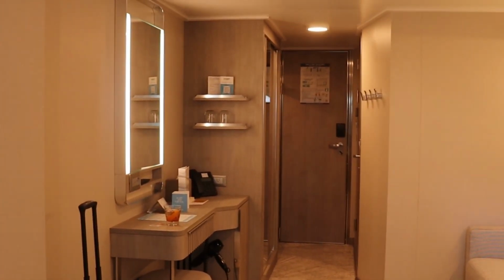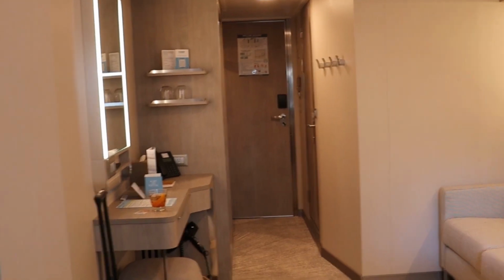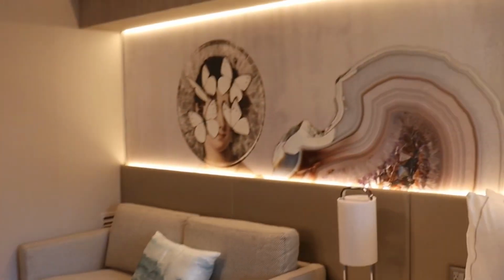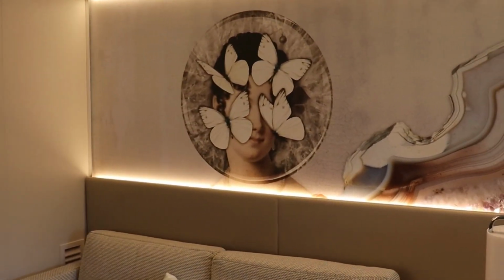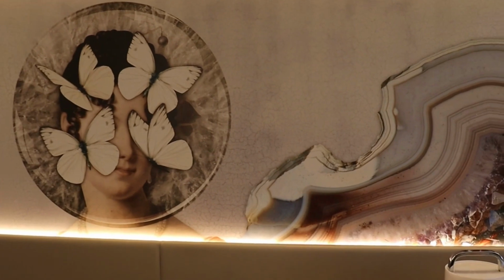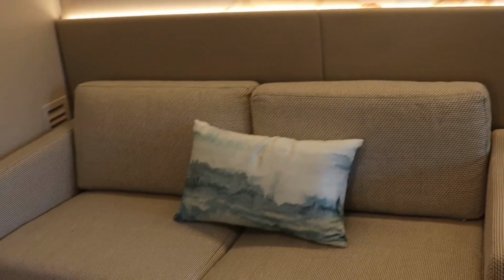on the Norwegian Prima, down in the basement on deck 5. I just joke around about being in the basement, but this artwork is just outstanding. We'll do a more detailed room tour later in the week, because we got 10 nights here on the lovely